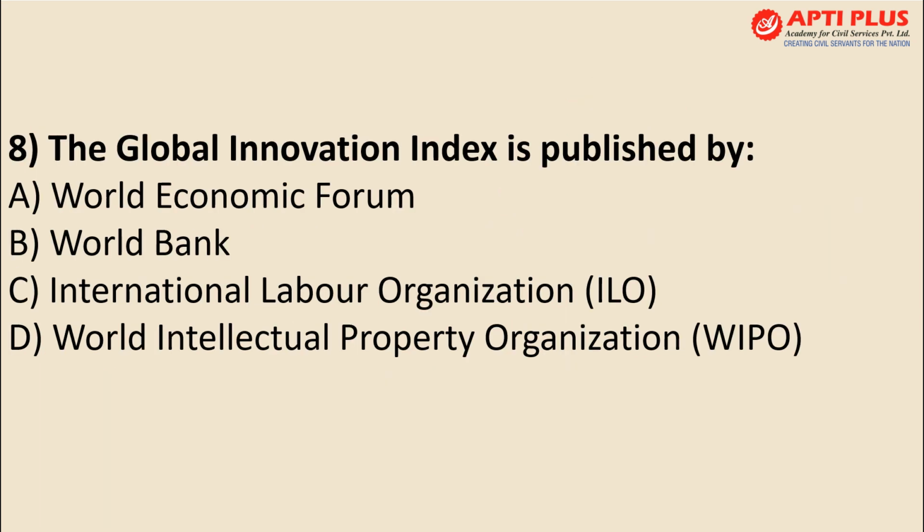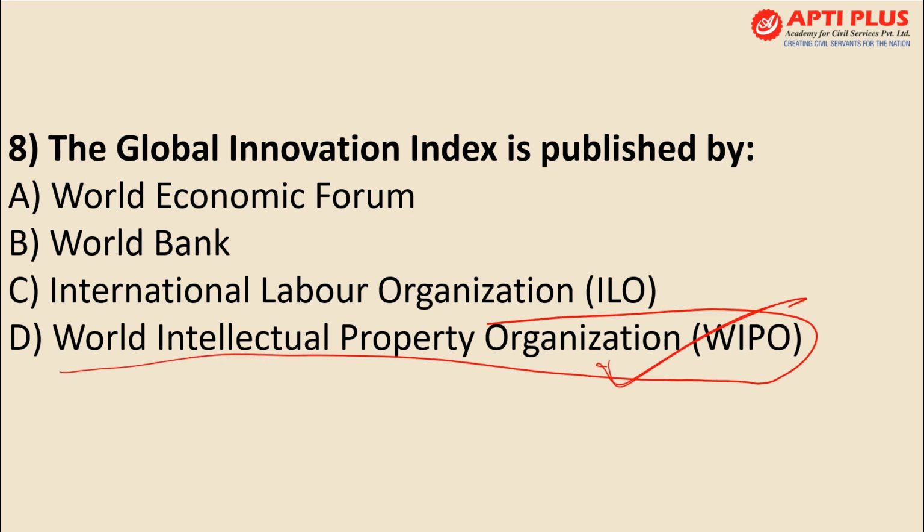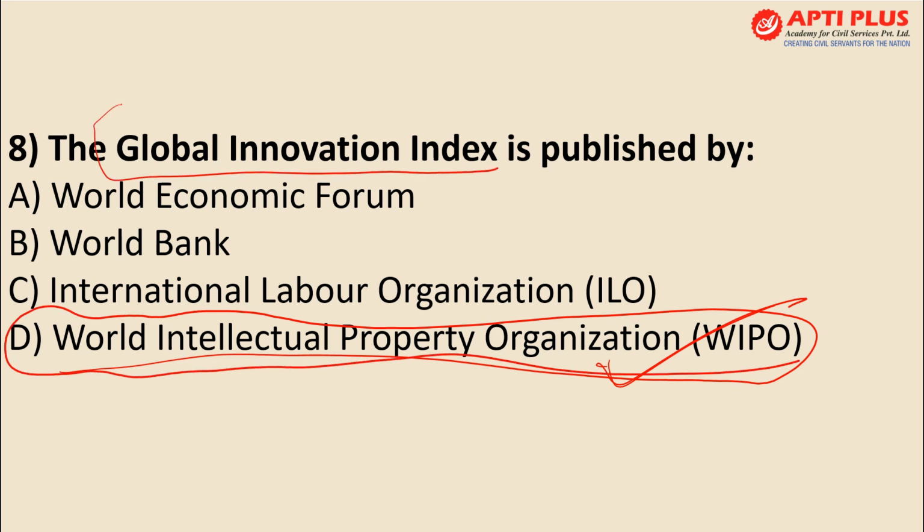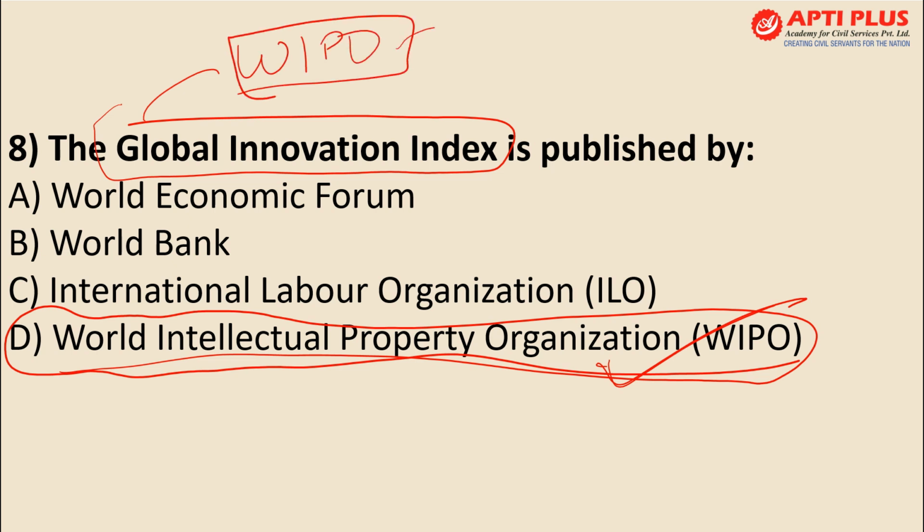Moving ahead, the Global Innovation Index is published by World Economic Forum, World Bank, International Labour Organization, or World Intellectual Property Organization, and your answer is D, WIPO, World Intellectual Property Organization. So this is an index released by WIPO. This organization will analyze the functioning in all the countries and rank the countries based on the protection of intellectual properties in the